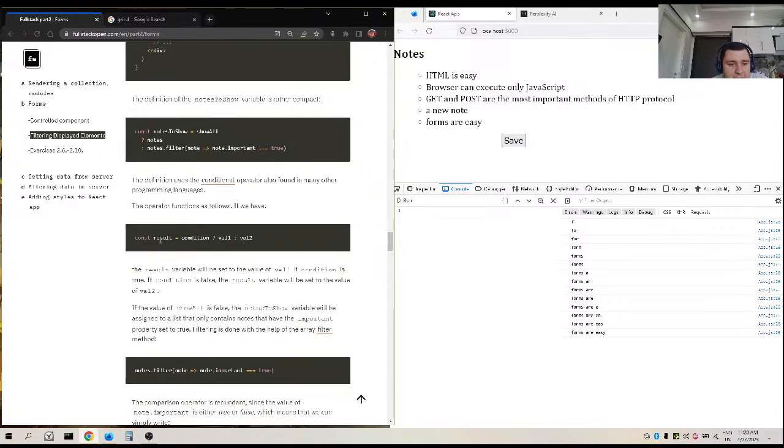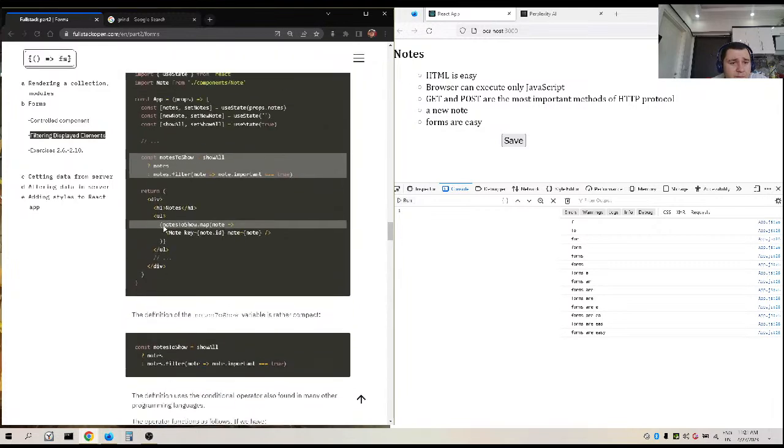If we have result = condition ? value 1 : value 2, the result variable will be set to the value of value 1 if the condition is true. If the condition is false, oh, I've seen this one before, I guess. So if the condition is true, use nodes. If the condition is not true,